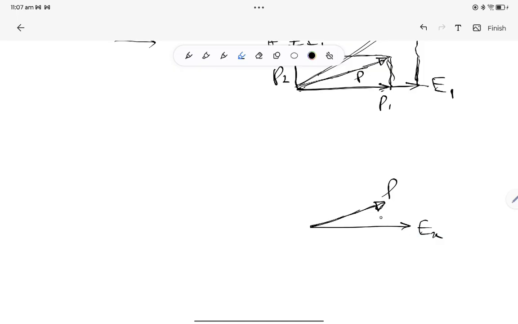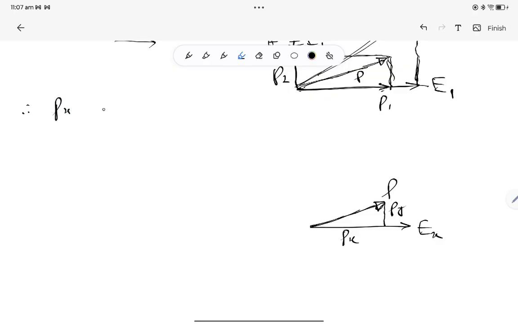But if polarization is in this direction, this polarization itself will have x component, Px, Py, if it is in the plane of the sheet. But if it is in space, then it will have a z component. What about these components? All of them are due to Ex. Px is due to Ex, Py is due to Ex, Pz is due to Ex. Not that Px is due to Ex, Py is due to Ey. I have not applied a vertical field at all. Now therefore, we can write